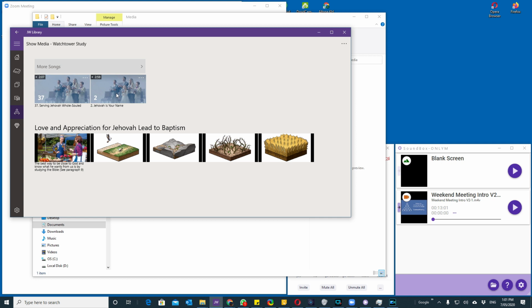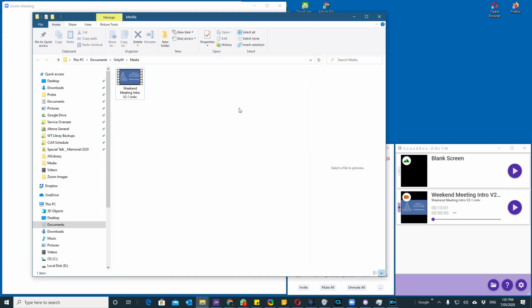Song 2 had obviously been downloaded previously, so we now have the song media downloaded,